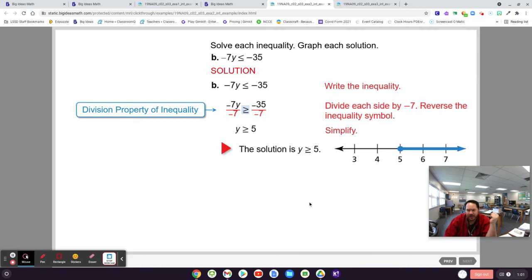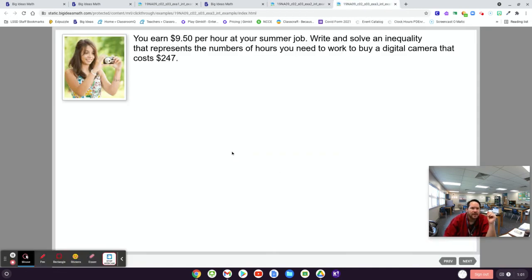Okay, now you will also have a couple of story problems in here. I'm going to put this one up here real quick. So you earn $9.50 per hour at your summer job. Write and solve an inequality that represents the number of hours you need to work to buy a digital camera